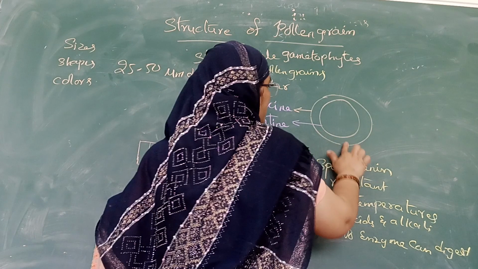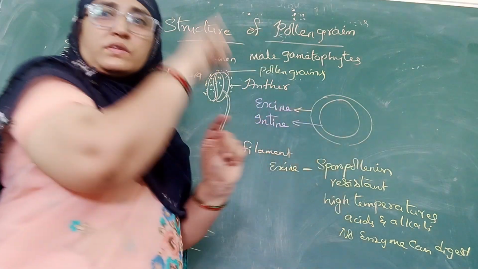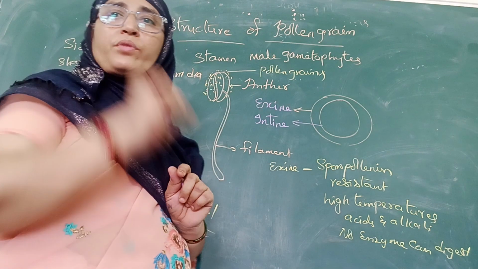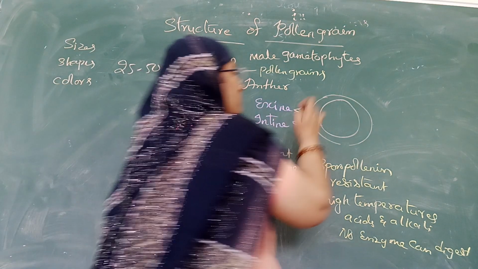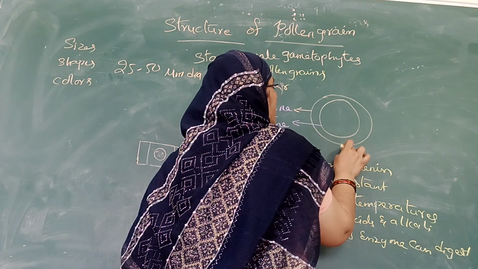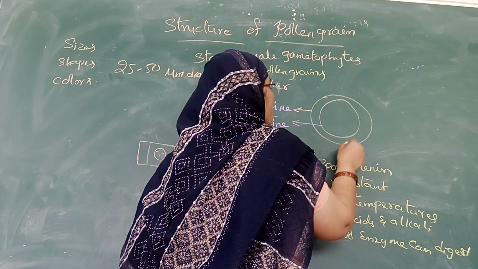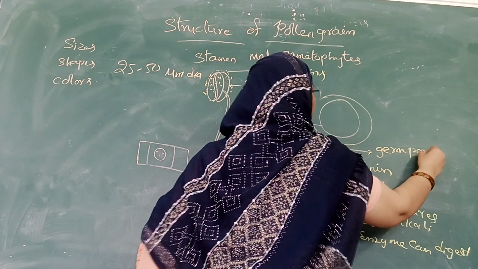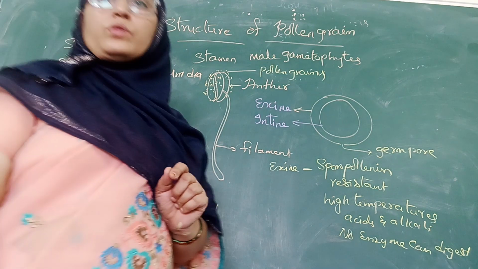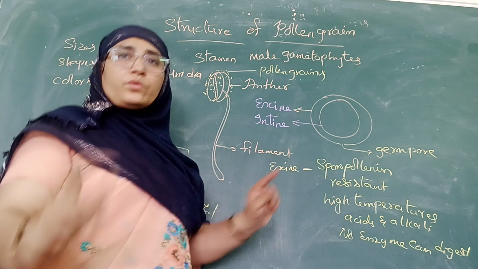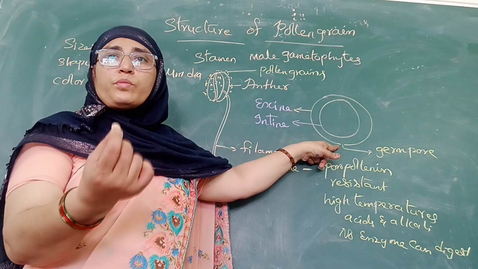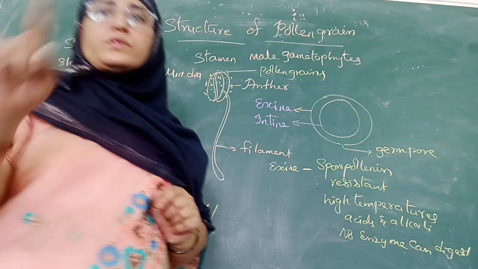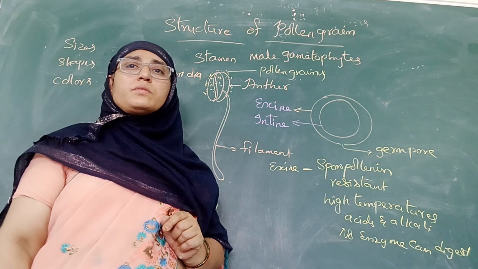One thing here is, sporopollenin is present throughout the outer surface of the pollen grain, except at a minute prominent place where it is not seen. This portion, where the sporopollenin is absent, is called a germ pore. A prominent aperture is seen. And do you know the use of this germ pore? Why is sporopollenin not occupying a certain point on the outer surface of the pollen grain? There is a strong reason behind this.